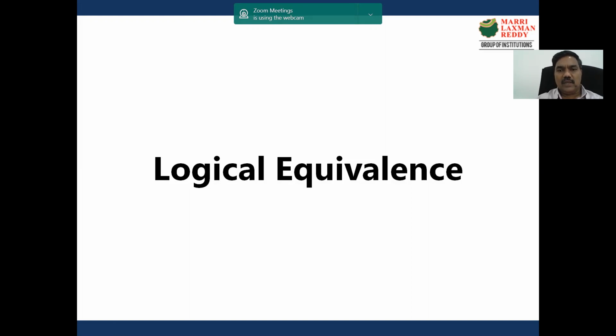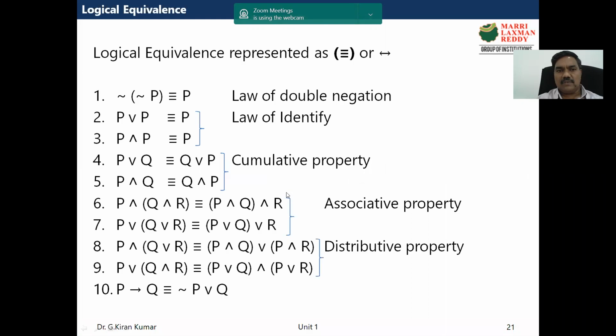Okay, and for further study, we need to remember and understand all these logical equivalences. These logical equivalences are very, very important when we work on logical inference. There are four methods, and to work on all those four methods, these logical equivalences are important. And we have one more topic in unit 1, that is normal forms. In the normal forms also, all these formulas are very, very important. Okay, so let us see what are the different logical equivalences we have.